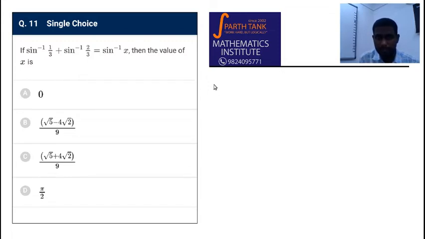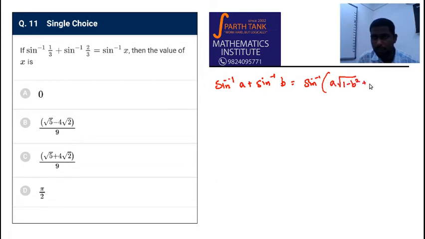If you remember the identity, sine inverse of A plus sine inverse of B is nothing but sine inverse of A into square root of 1 minus B square plus B into square root of 1 minus A squared, right? So therefore sine inverse of 1 by 3 plus sine inverse of 2 by 3 is nothing but sine inverse of